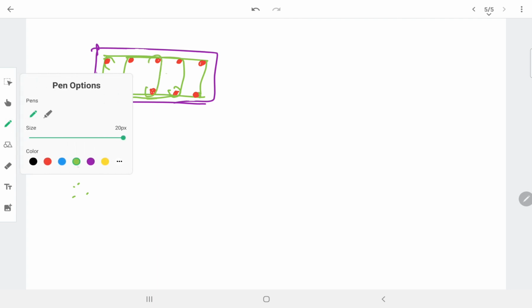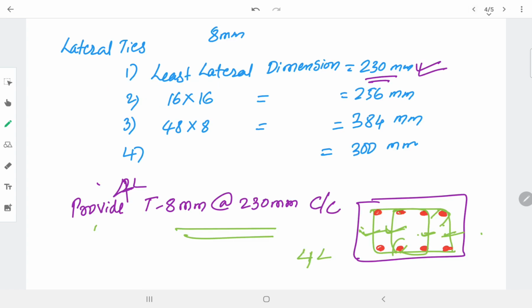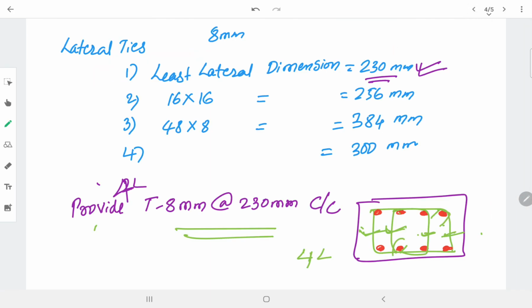This is 1 2 3 4 5 legs. If there are 12 bars, you can go for more legs; you go for 6 legs. Like that you will be increasing the legs based on the number of bars given.